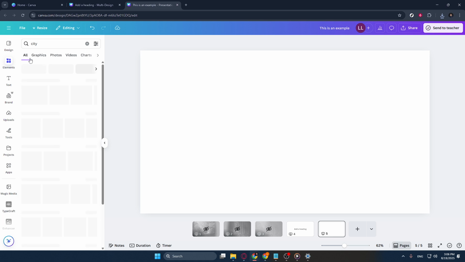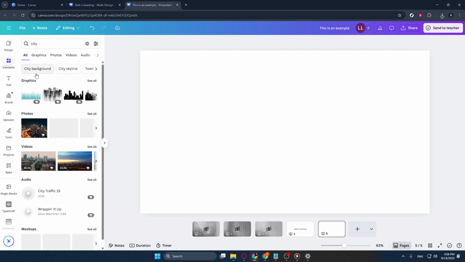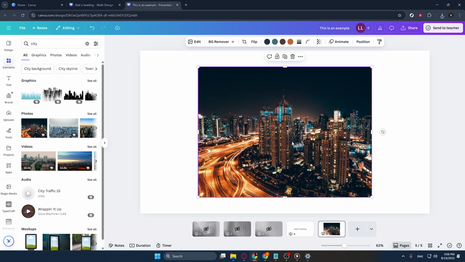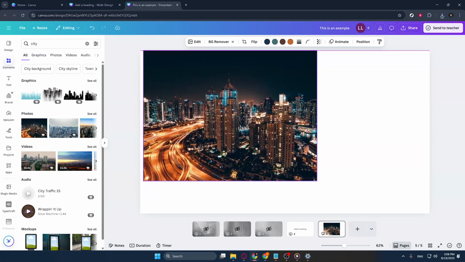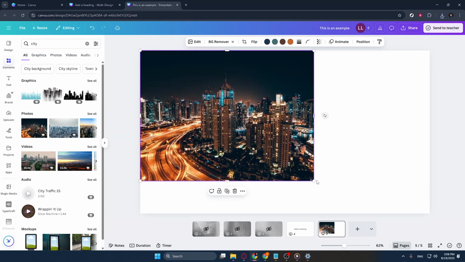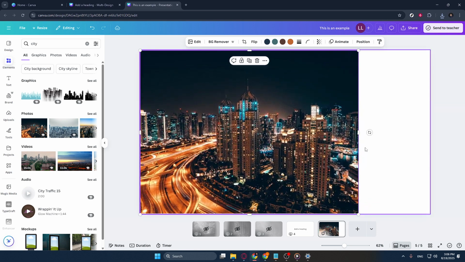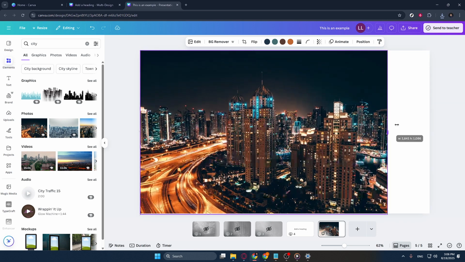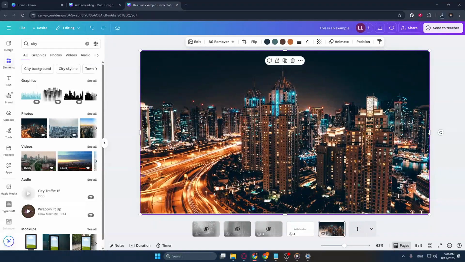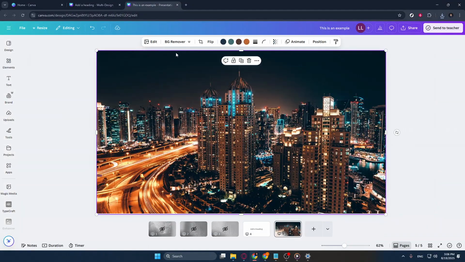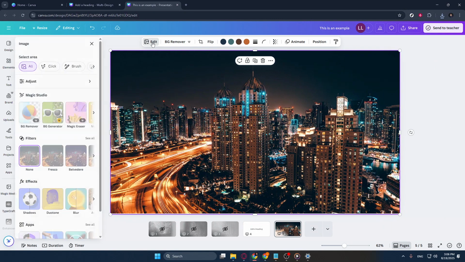First things first, make sure you have your Canva document open and ready to go. Once you're there, navigate to the specific image you want to edit. It's important to select an image that truly needs enhancement or modification, ensuring you make the most of what the Magic Eraser can offer. Click on the image and you'll notice an Edit option pop up. Go ahead and select it. This will lead you to a variety of editing tools, but today we'll focus on one of Canva's most magical